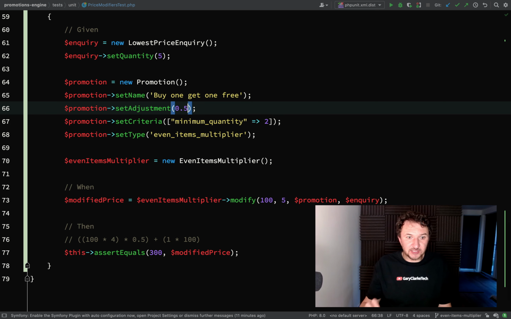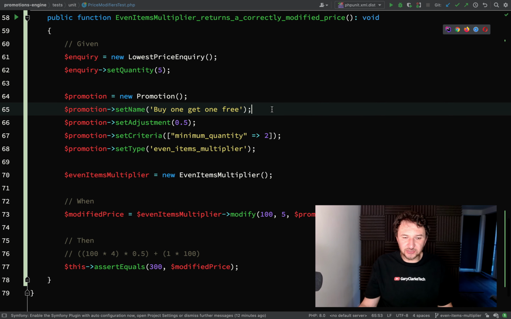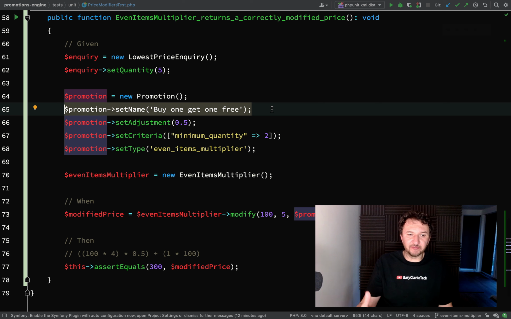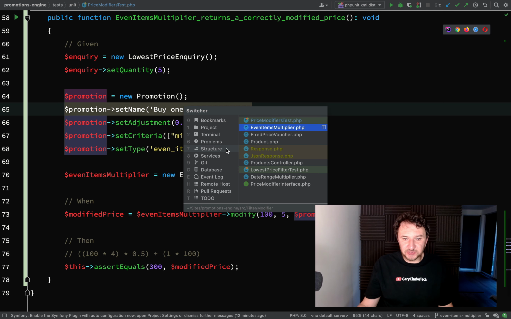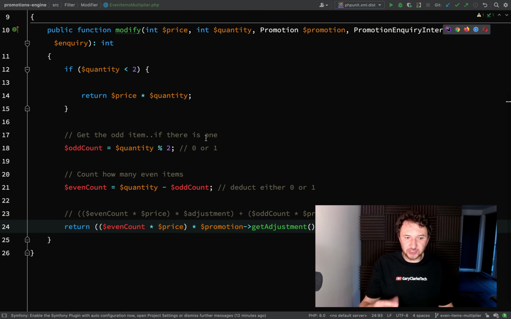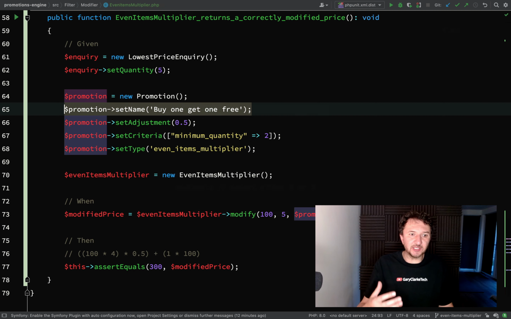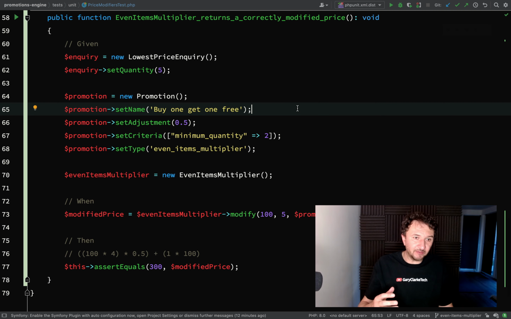So let's take this one step further, just to demonstrate why I decided to do this like this, because you might see some developers that will get something like this. Your mission is to create a modifier for buy one get one free, and that is all that it will do. They'll just come up with a modifier which can only work as buy one get one free. But I decided to go down this route of having this particular multiplication logic and filtering out the odd count, because it gives you that flexibility to be able to do other things such as buy one get one half